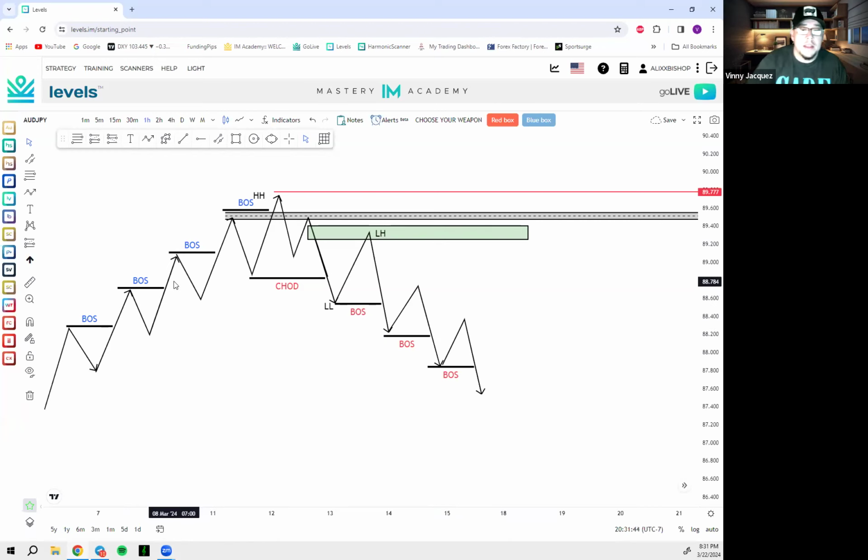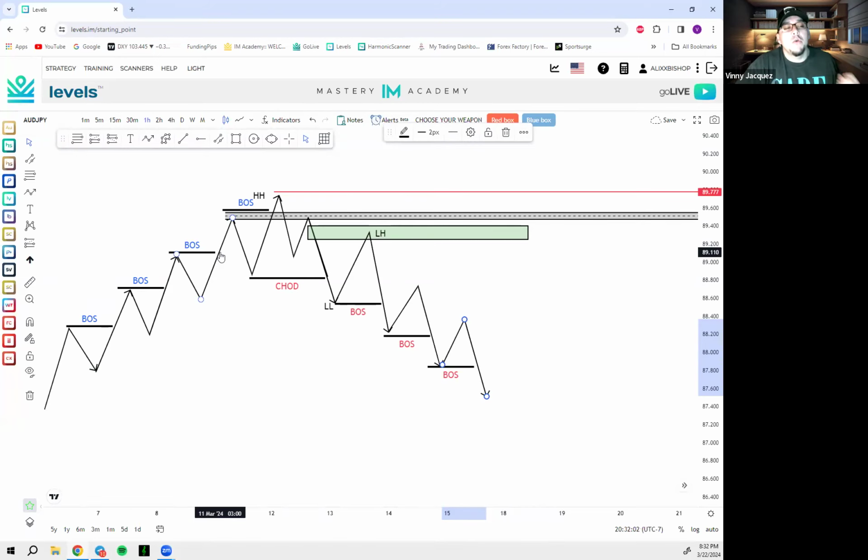Now, in the PowerPoint and the blueprint I'm going to hand you guys, I'm going to break this down so clean for you. I'm going to have it step by step, knowing what we need to look for and how to look for it. But guys, all we do is rinse and repeat, break structure to the upside until we change direction. That's the only time we put a change of direction. Till then, it's completely BOS.